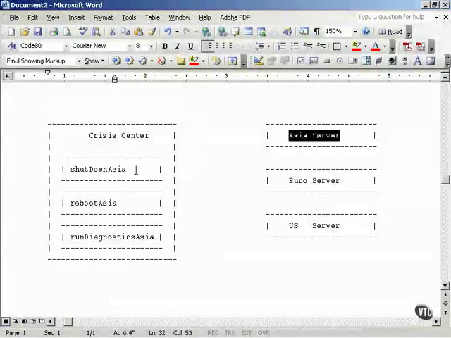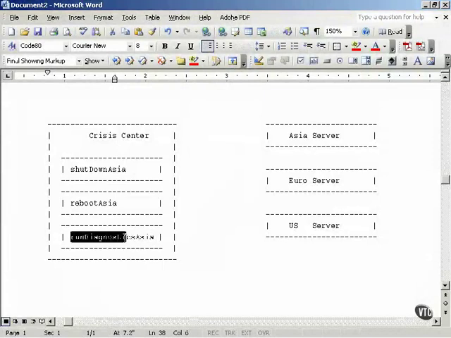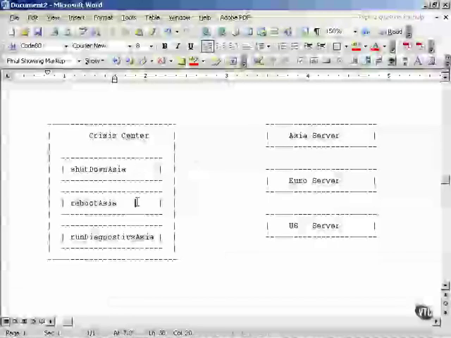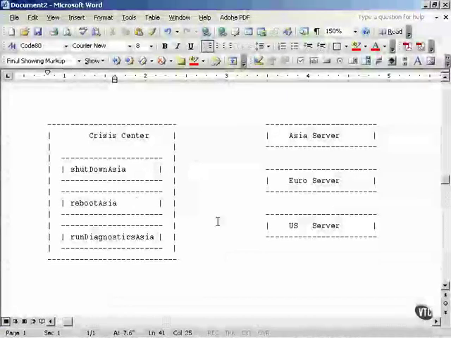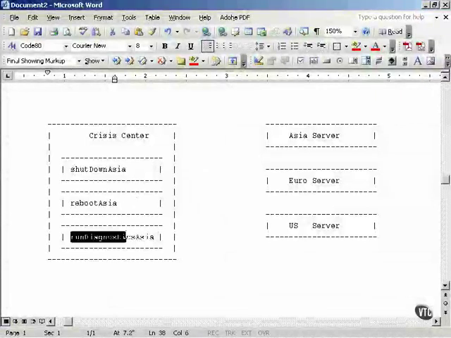So you've encapsulated a lot of commands into this one shutdown Asia object, and then you have reboot Asia and run diagnostics Asia. So as you see, 30 or more commands have been encapsulated into very simple objects: shutdown Asia, reboot Asia, run diagnostics. That's why this is called the command design pattern, because you are creating command objects, as you see here. Easily used tool set of commands,